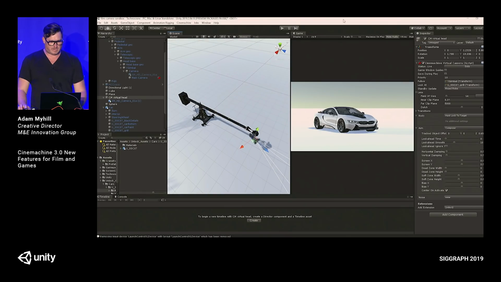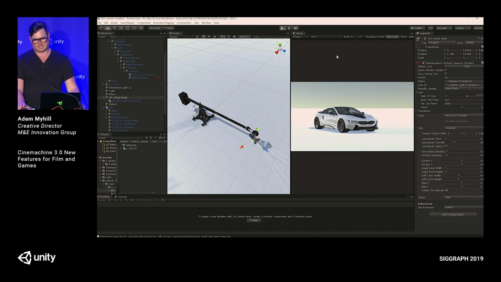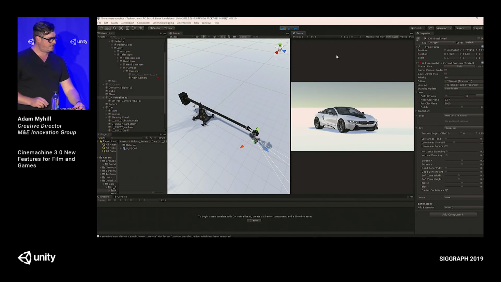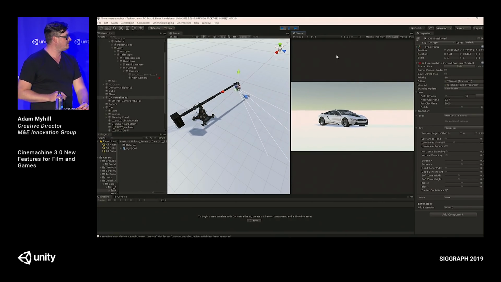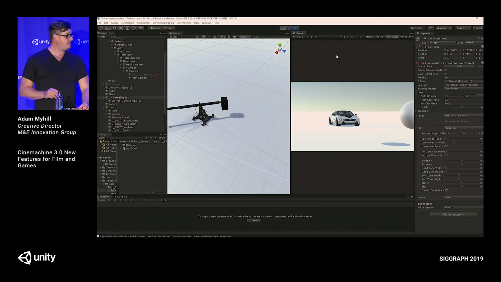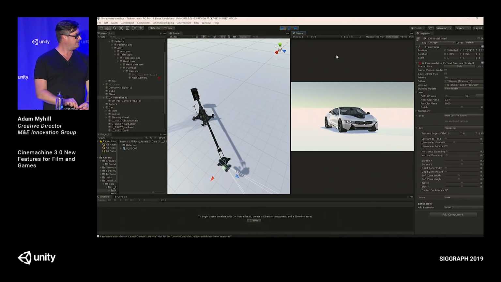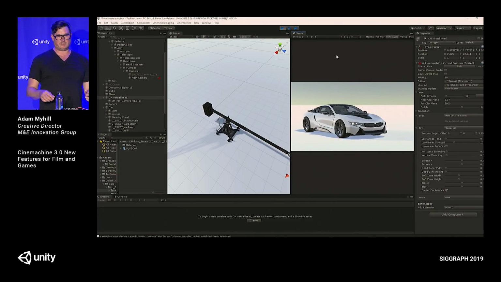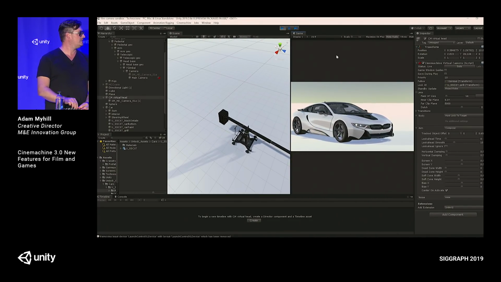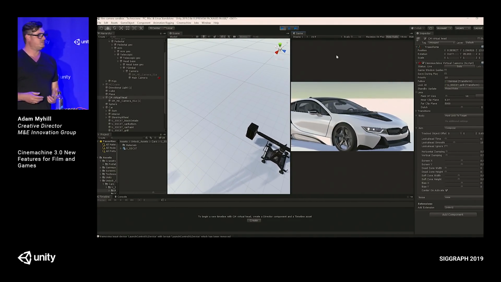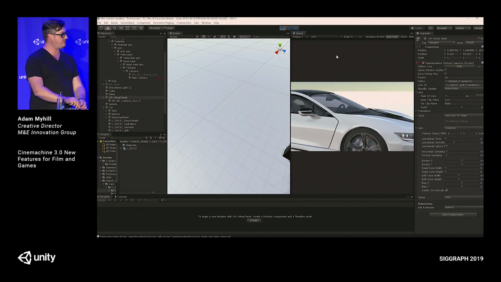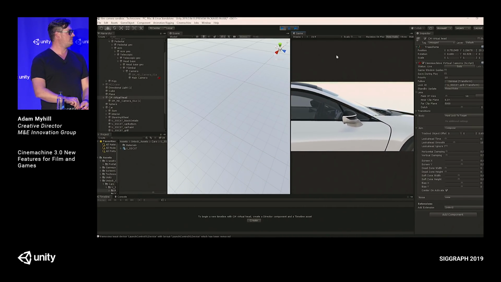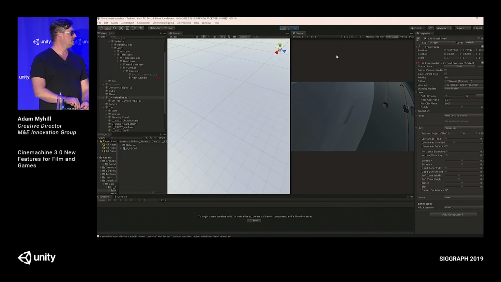So now look what happens. I hit play, and no matter how drunken I am on this thing, the head's always looking at the car. And this is a really interesting space, because what we're now doing is we're mixing direct input, but with elements of procedural real-time stuff, so you can get stuff that's way smoother. You can say, well, I don't want to look there on the car. Why don't we look a little bit further forward?